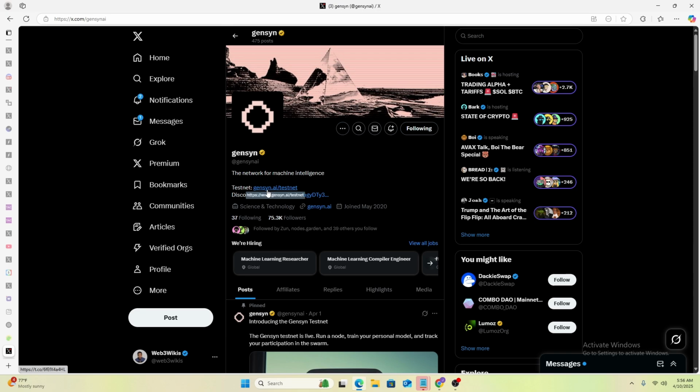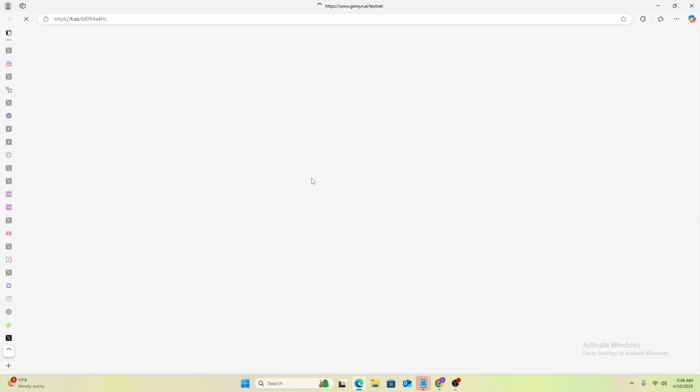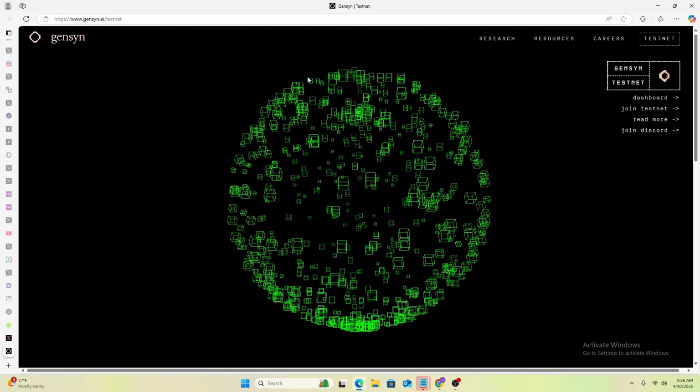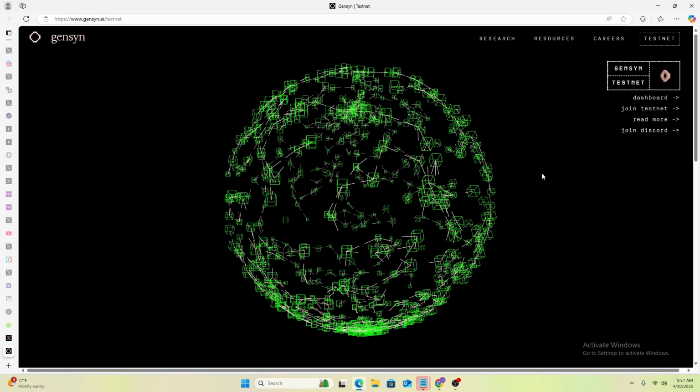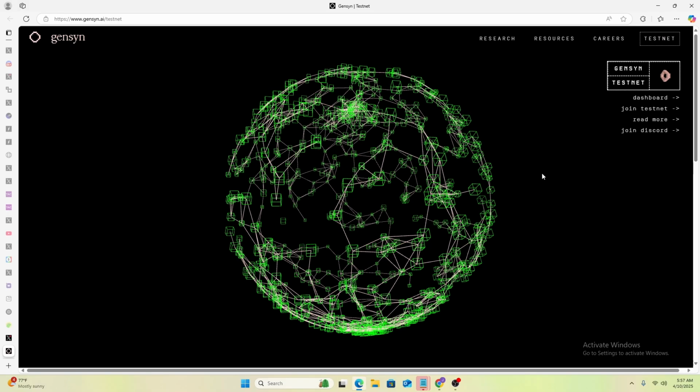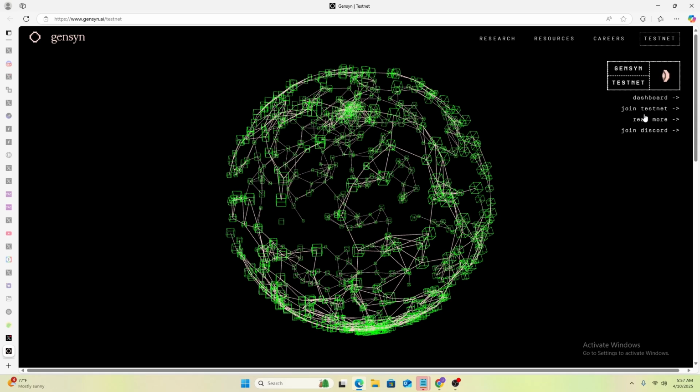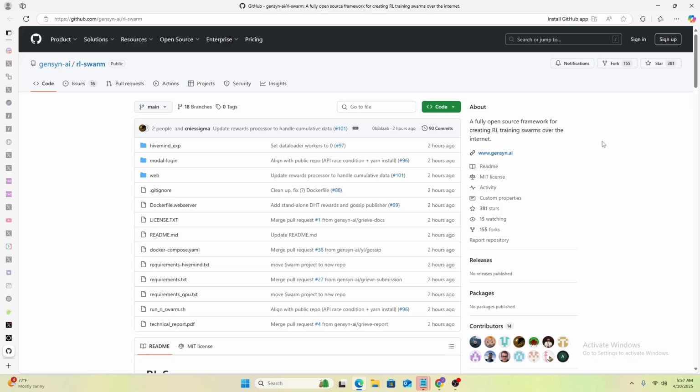So for testnet, you have to run a node. The node will have to participate in training LLMs, and then on that basis it has participated. So if you click on join testnet, it will take you to a Discord with the steps to get started